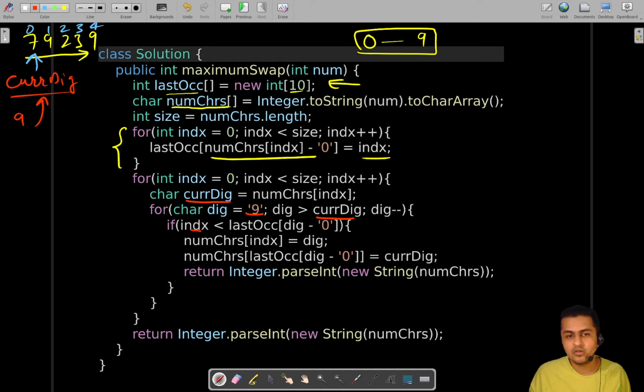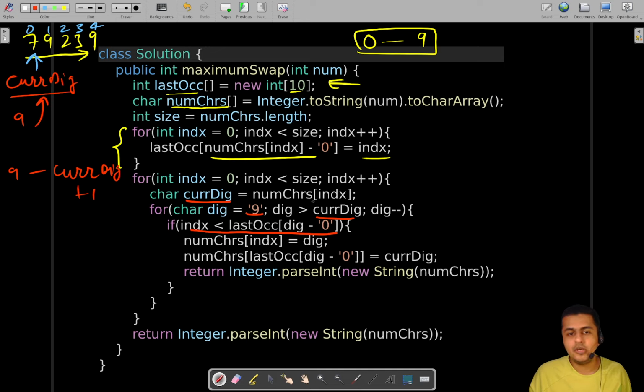So we would be checking for this condition for any of the digits within this particular range, from 9 to the current digit plus 1. If at any time that particular condition is satisfied,